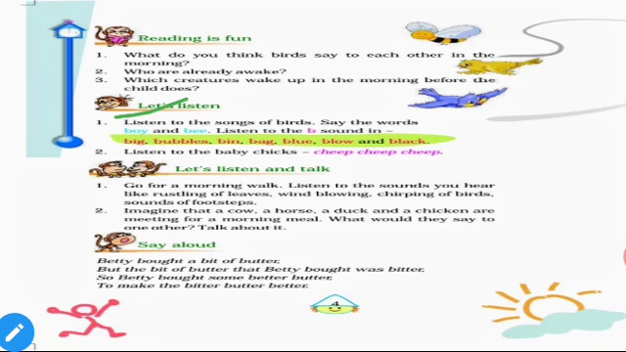Listen to the songs of birds. Say the words boy and bee. Listen to the B sounds: big, bubbles, bin, bag, blue, blow, black. These are all B sounds. Next, listen to the baby chick sounds: cheep, cheep, cheep. That baby sounds like cheep, cheep. Then next,